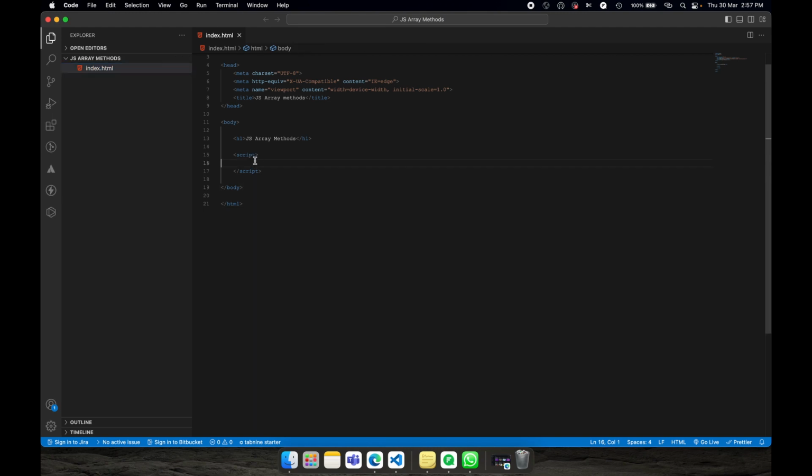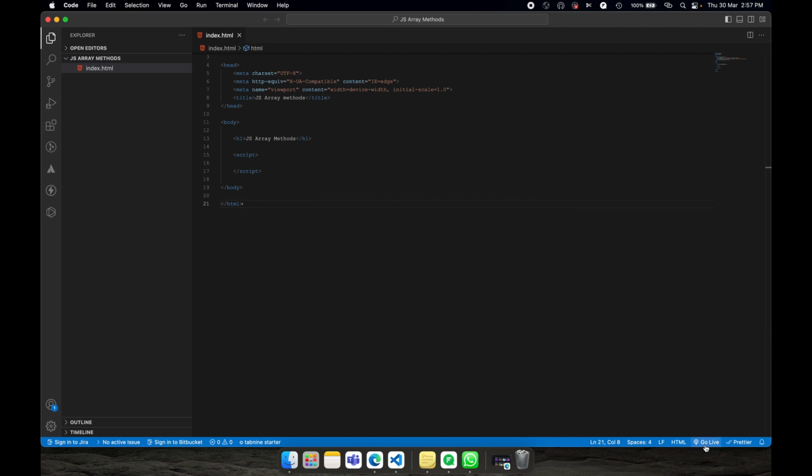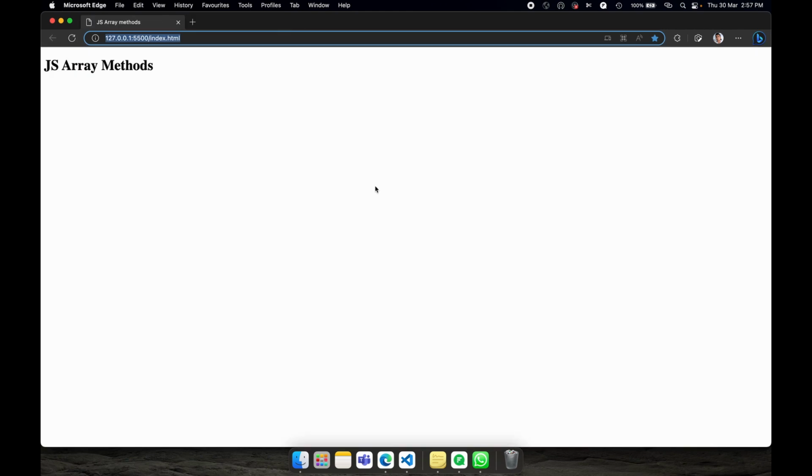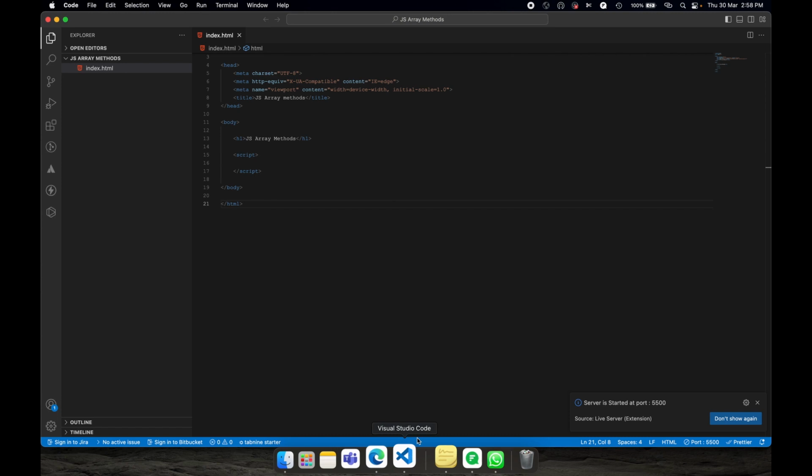I have installed that extension, and now I can just right click and open with Live Server. Apart from this, I can also click here on Go Live. So I will click on this, and it will open our HTML file inside our browser. So this is our browser, and this is the heading that we wrote inside the HTML file.